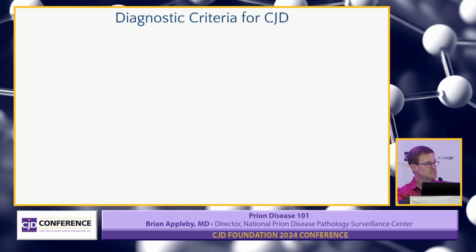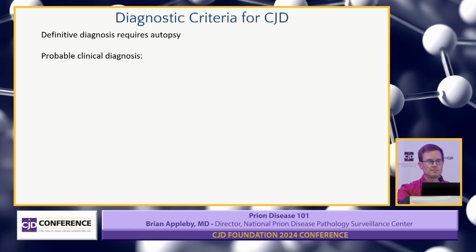We do have diagnostic criteria to help us diagnose prion disease when someone is still living. I'll briefly go over that now. There's the old criteria and the new criteria. The old criteria definitely relies on that clinical syndrome. Of course, the only way to definitively diagnose the disease and know what caused it is by autopsy. But for someone who's still living and you're trying to get a clinical diagnosis, again, you look for that clinical